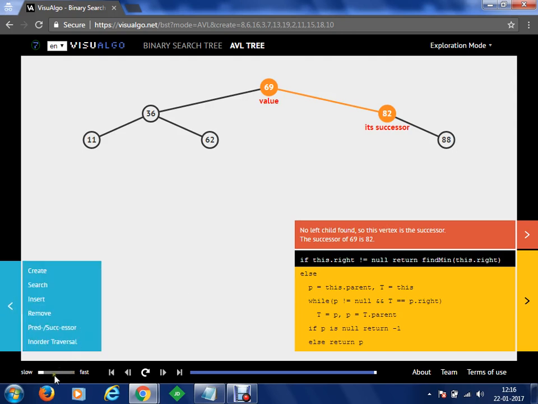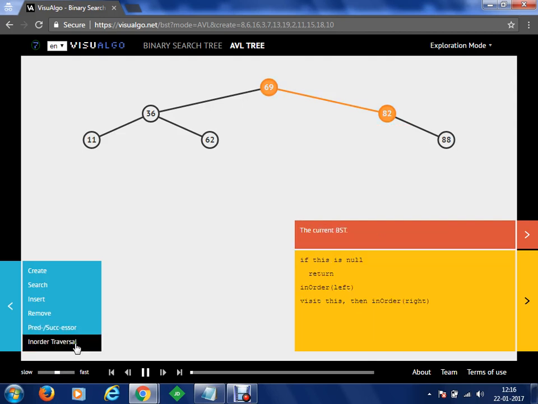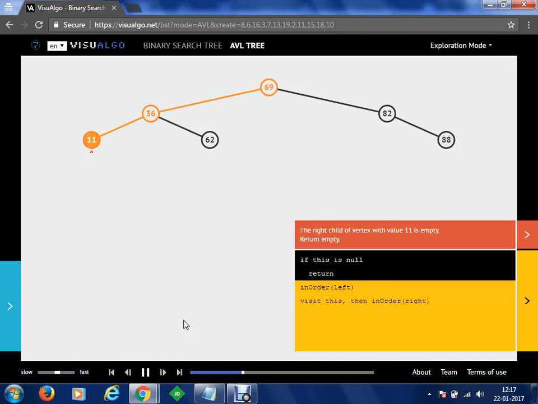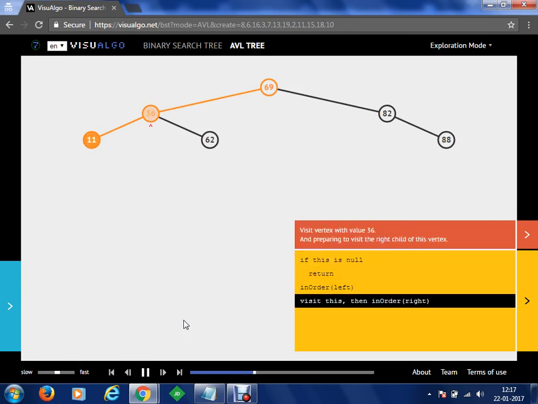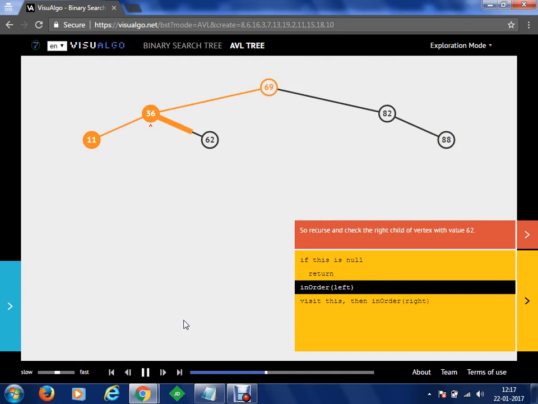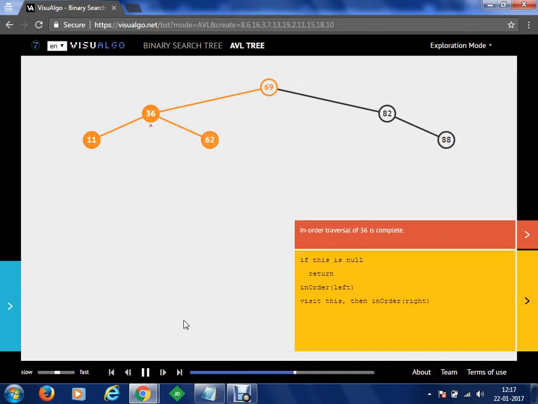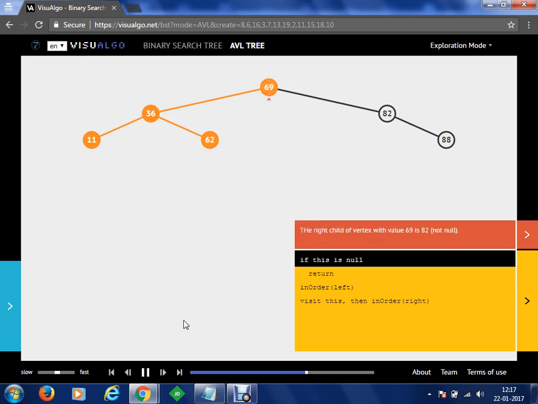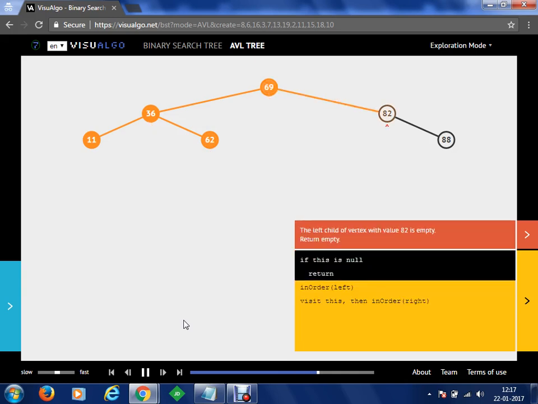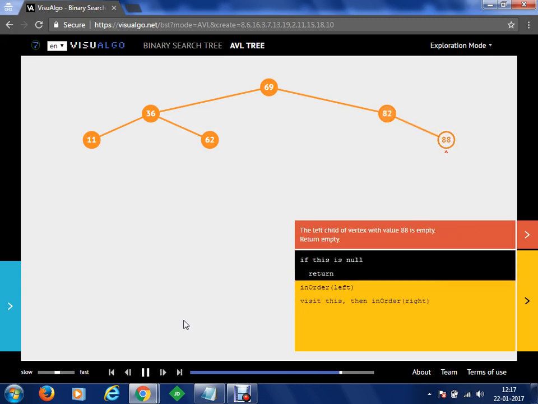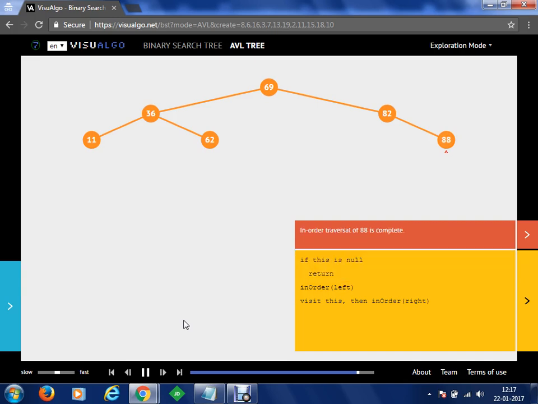So let's have a quick look at how the traversal is done. In the in order traversal, let's say the root is 69. Then we'll move towards the left hand side of the node for traversal. We'll identify the right child. If it is the last node, then we'll go back towards the root node, to the successor actually, and then we'll compute that. Once all these things are done, then we'll move towards the right hand side of the tree. So this is how in order traversal executes on your binary search tree.